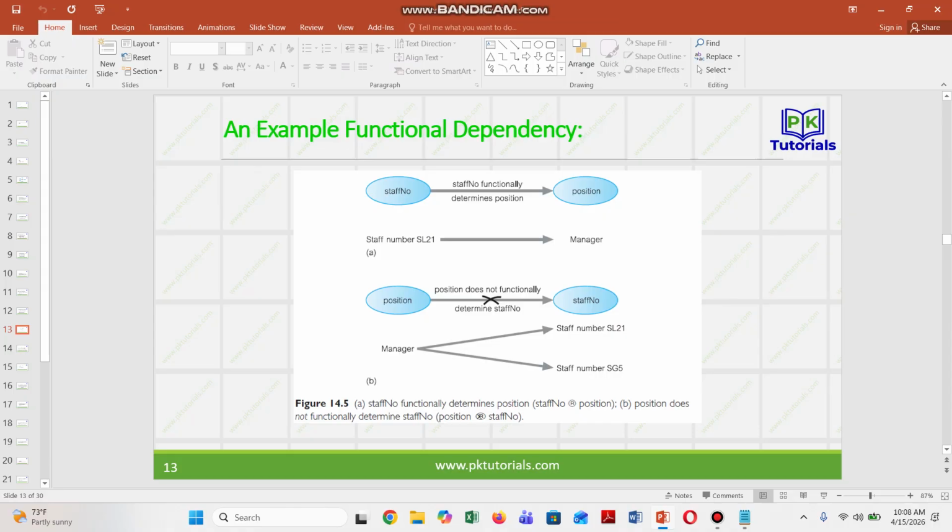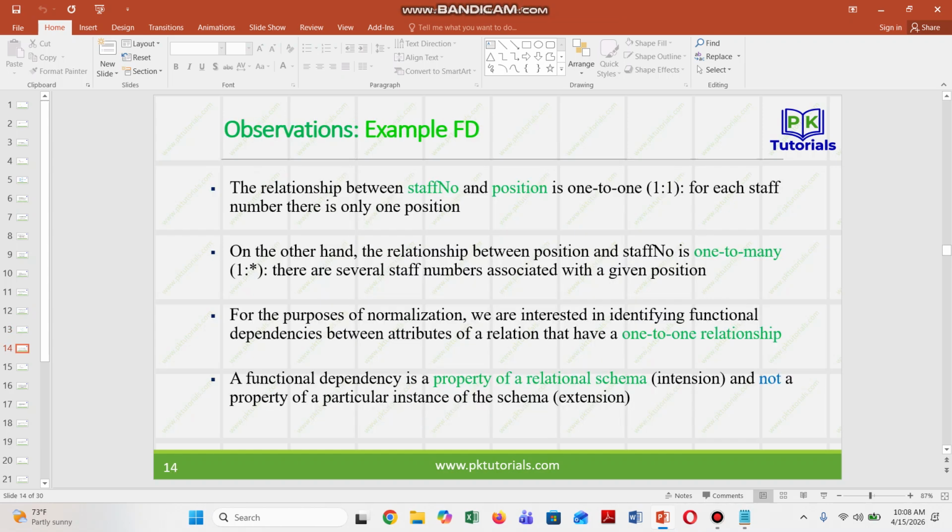If we look at the concept of teaching faculty, a teacher can be assistant professor, associate professor, and can also be an HOD or a lab manager. So here one staff member can have multiple positions. This is not applicable in the context of teaching faculty or a university. It is only applicable where each staff member has only one position.